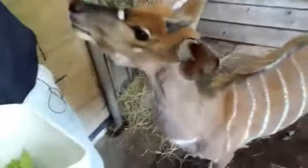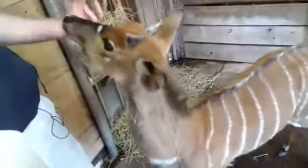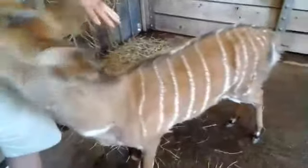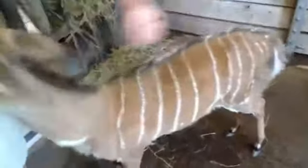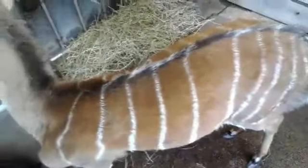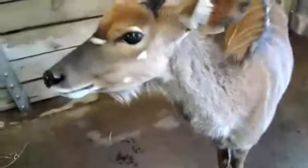So Nyala here are really unique as well in the sense that they are one of the few species of hoofstock, in terms of antelope, that will actually get long hair, and they will grow a very long mane on their back here. They'll get very long beards, and then the males tend to lose their stripes on their bodies, and they will actually turn a